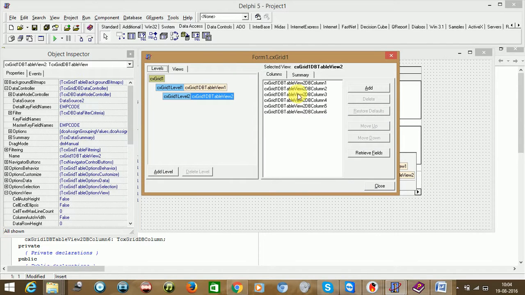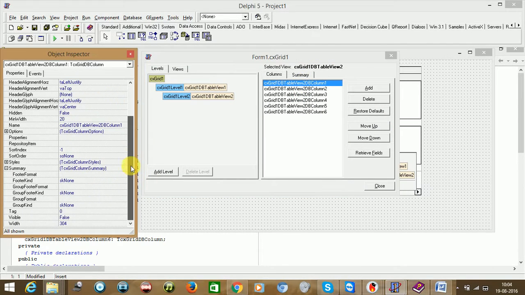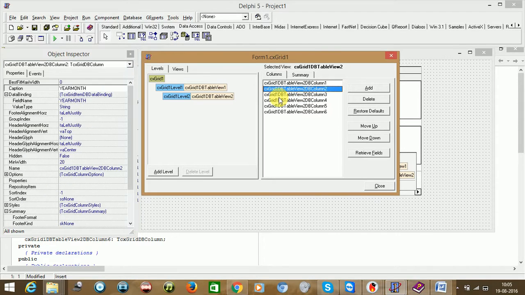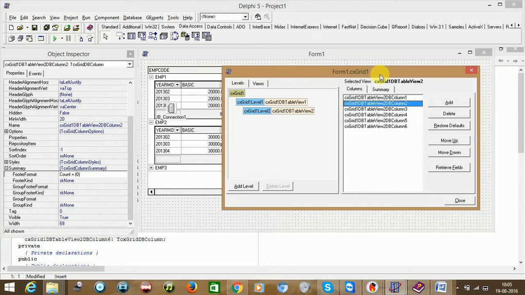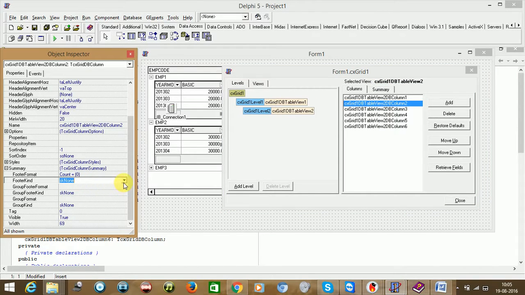So now what we need to do, since this is an employee code and it's visible false, as you could see here, select year month and just say footer format. Say count is equal to, you can write anything, but you need to give 0 here because that will be the format. Since it is SK none, there is nothing coming now. The moment you say count, it's coming 3. But if you select something which is not numerical, it won't be displayed, though minimum or maximum can also be displayed with that. So we'll be doing count 3.